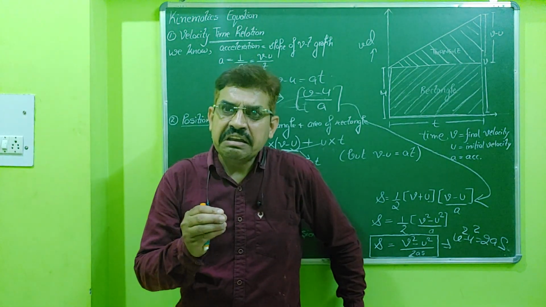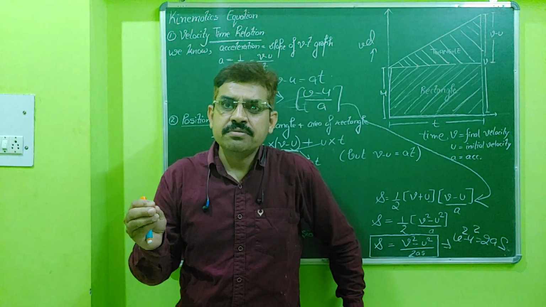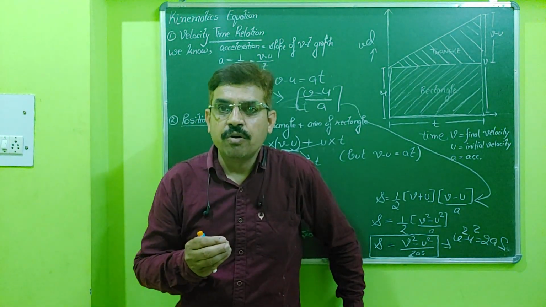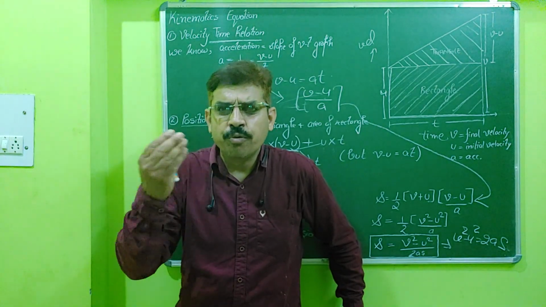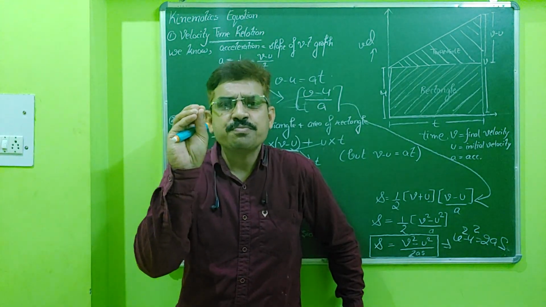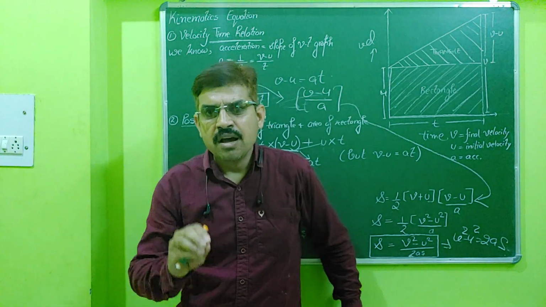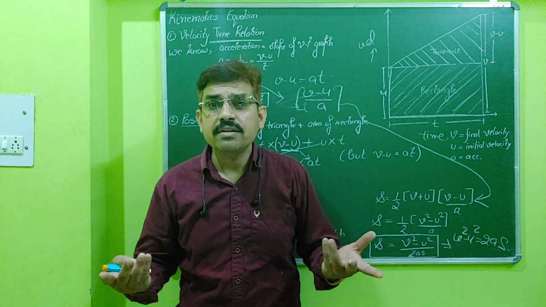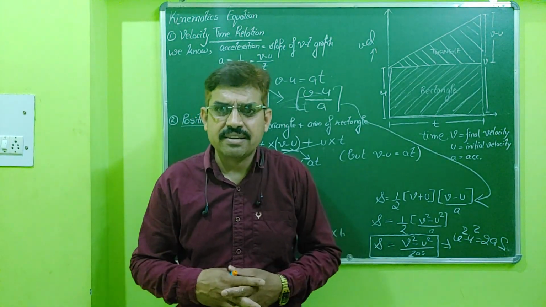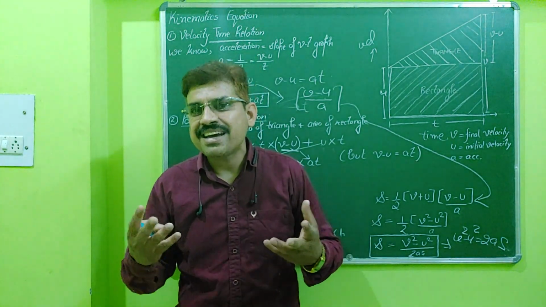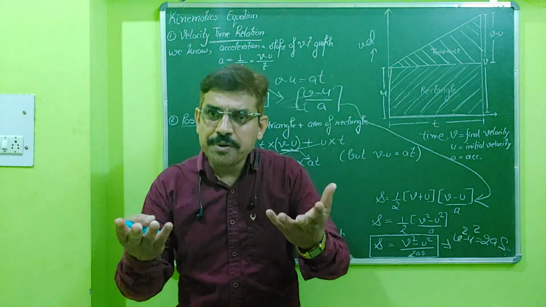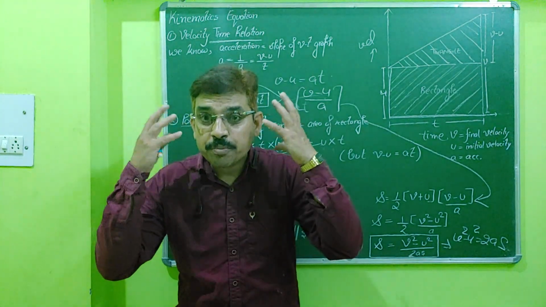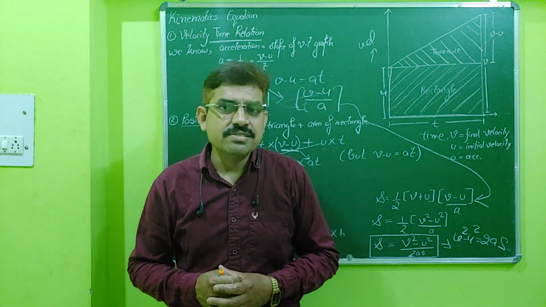If you study the area under the velocity time graphs in the long way, it will overburden our mind. So why go for the overburden? Always use small concepts in order to learn. I never use O, A, B, C, D here. Why would you use them? There is no need to discuss those things, because if I discuss them, you have to remember them, and then you have to use your mind. That is not necessary.